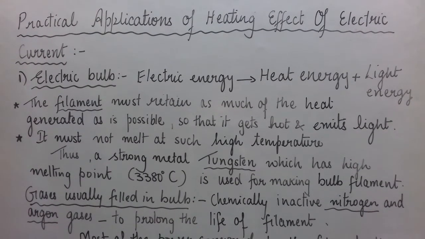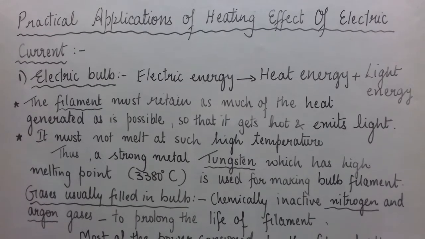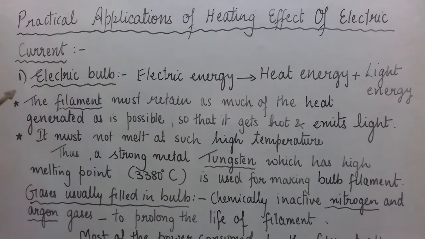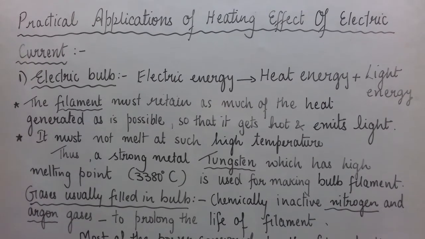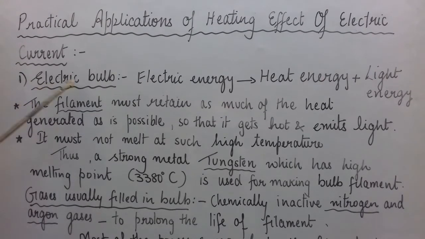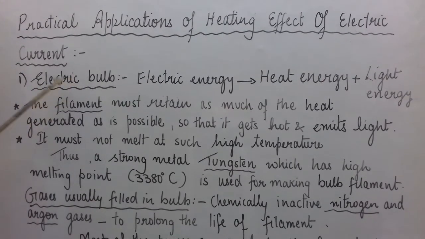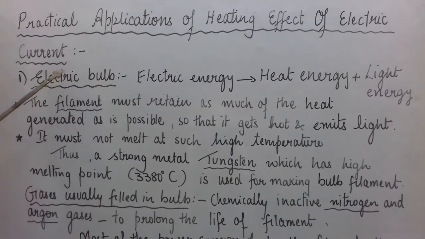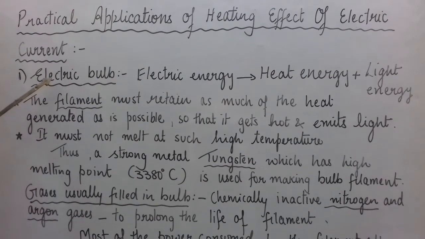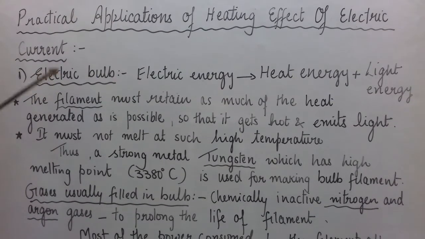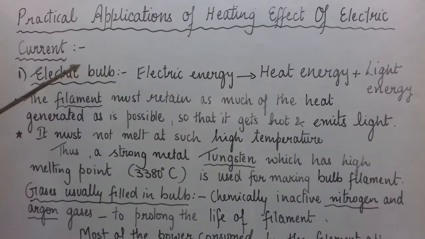We will be studying the applications which are given in the NCERT textbook. So the first application here is the electric bulb. Now every one of us has seen an electric bulb, and every one of us has a bulb or bulbs at home. We know that an electric bulb requires energy, which is supplied from outside. Through the wires electric current flows, and then the electric bulb becomes very hot.